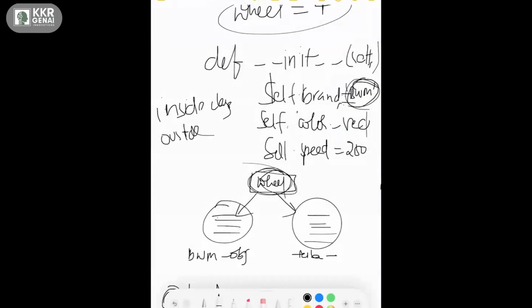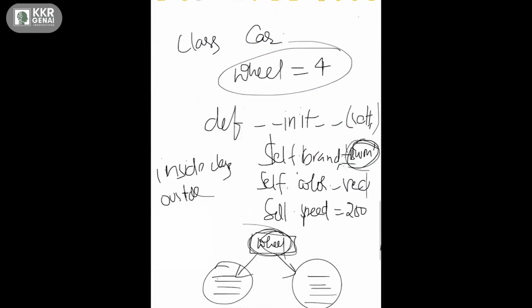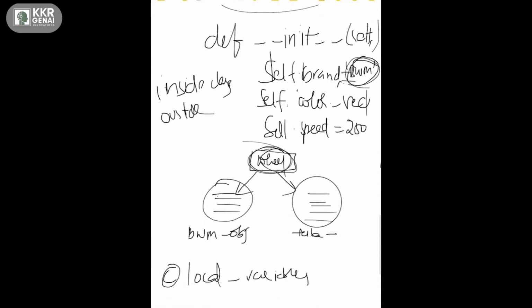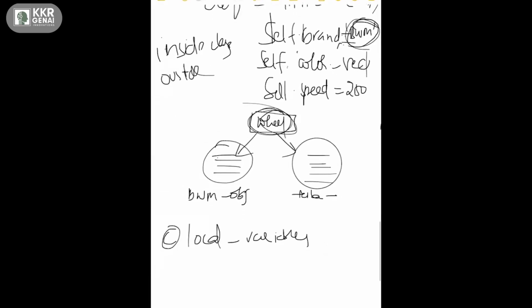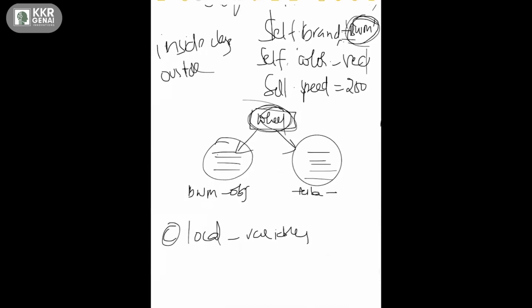It is by using the class name. The class name is Car, so Car.wheels. That is how I can access it in any method. Let's say I have a drive method; in that drive method, I can access my static variable with the class name.